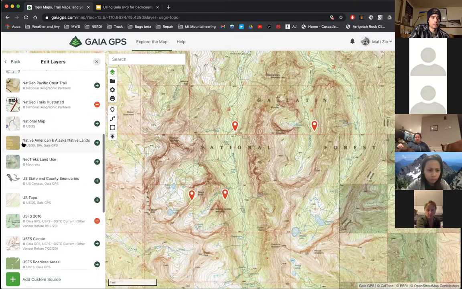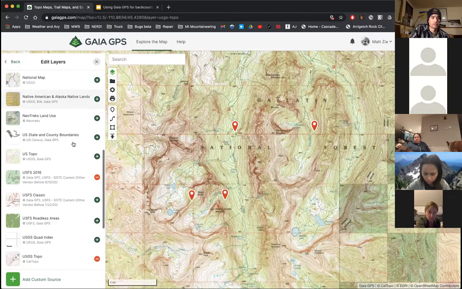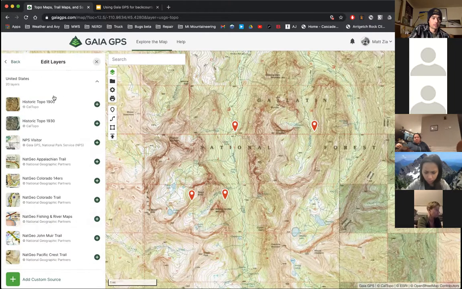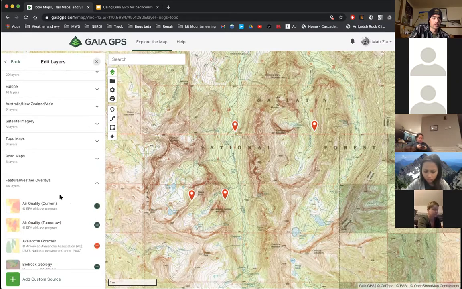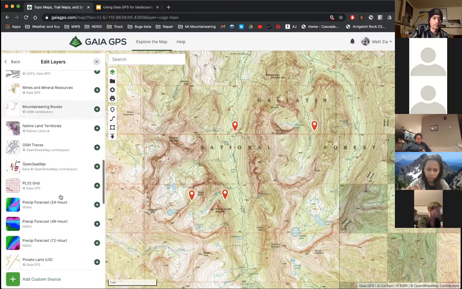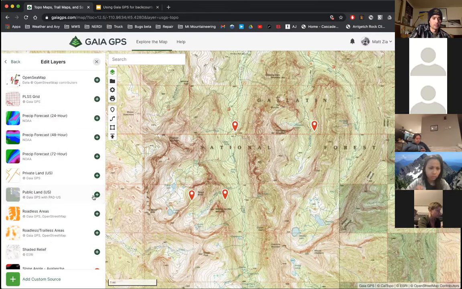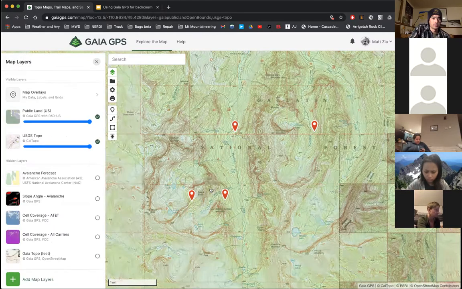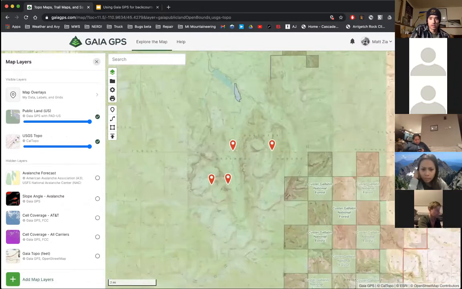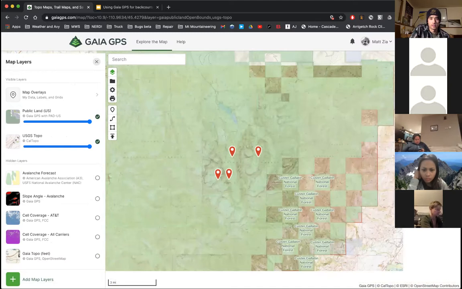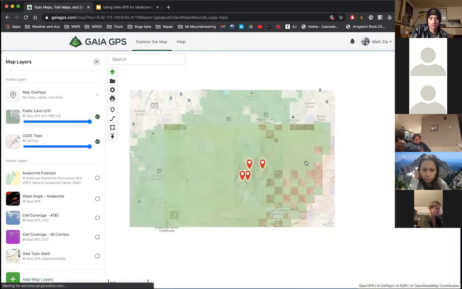So here's the native lands layer that Vasu was just talking about. And, oh, sorry, it's not in that. It's in feature and weather overlays. I can come down and go onto public lands. So I'm going to turn that layer on. Go back. And if I zoom out now, give this a second to catch up,